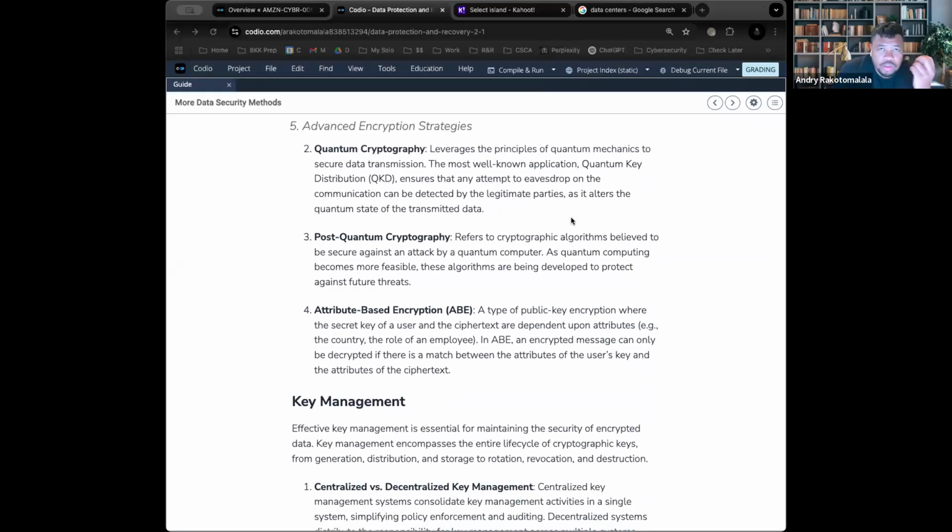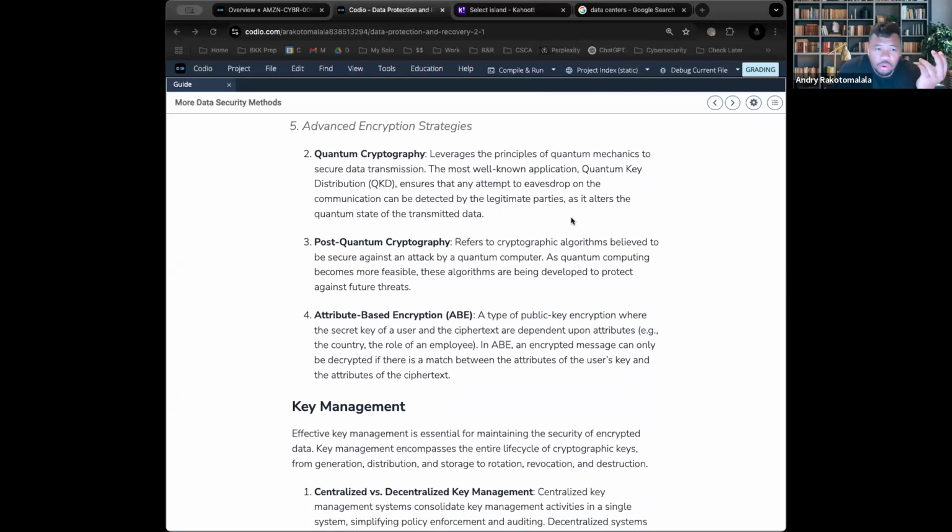Okay. Then there's quantum cryptography. So quantum cryptography uses what we call quantum computers, very, very complex computers that can create very specific algorithms or very specific encryption standards that can take a while to be decrypted. So one of the things that you'll run into is called a QKD, which stands for quantum key distribution. Essentially, it makes sure that there isn't any eavesdropping, someone's not listening or altering any of the data that's being transmitted.